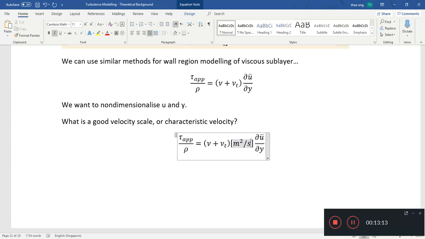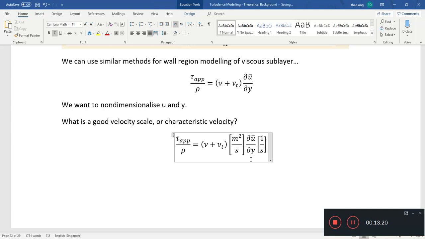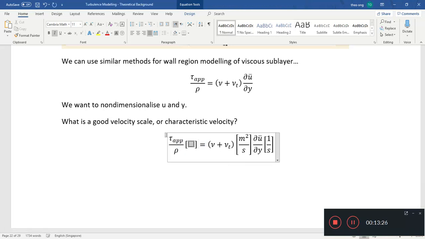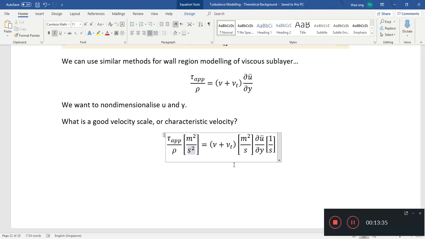This is the dimension of meter square per second, and du/dy will be in the dimensions of 1 per second. Okay, 1 over time, as we discussed in the last video. So this is actually meter square per second square. Conveniently for us, when we take the square root of this value, this so-called dynamic shear stress divided